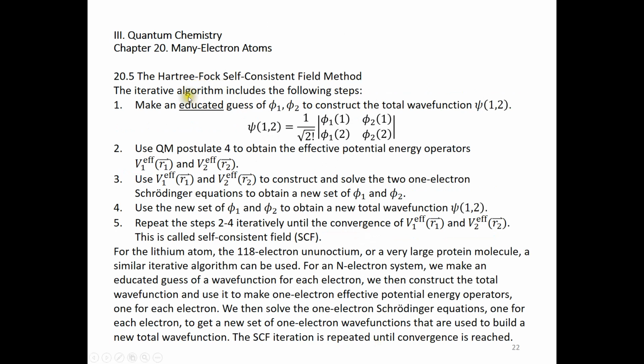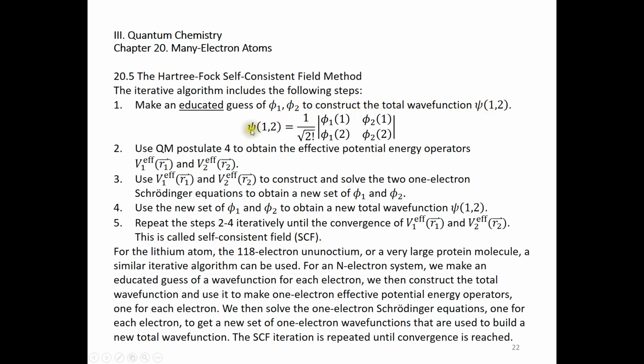So here is this iterative algorithm. In general, you can use similar algorithms to solve many mathematical problems. Over here, we're going to just use this mechanism to solve the Schrödinger equation. Step number 1. Make an educated guess of phi 1 and phi 2 to construct the total wave function psi